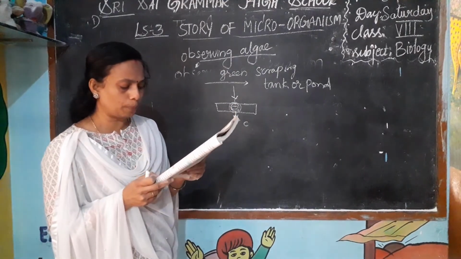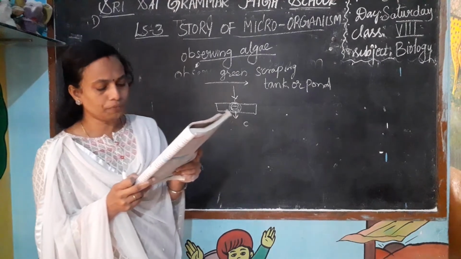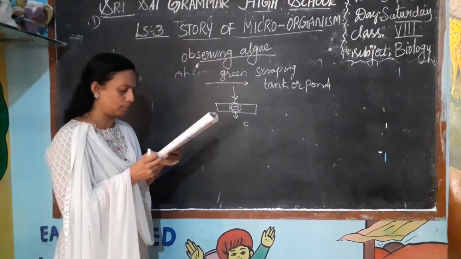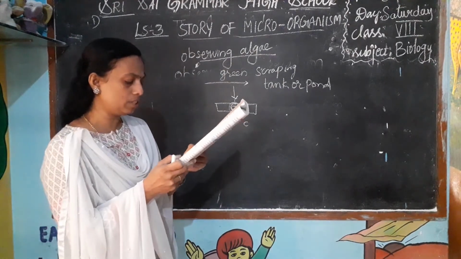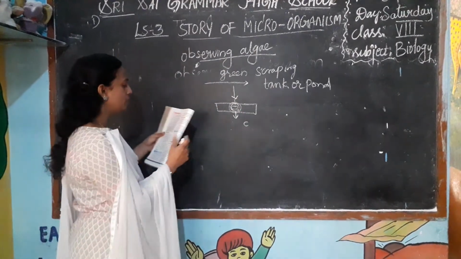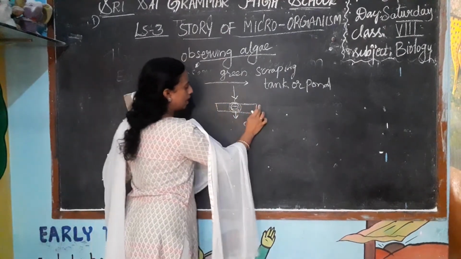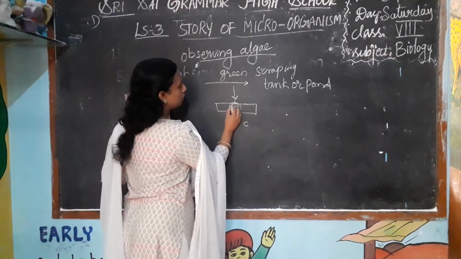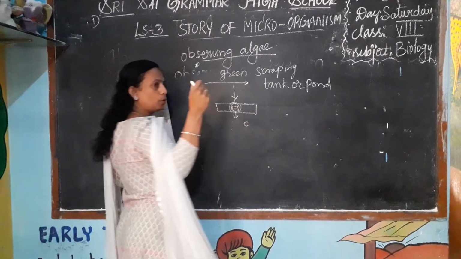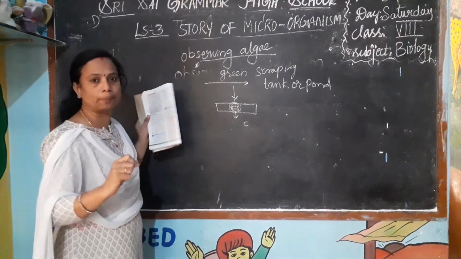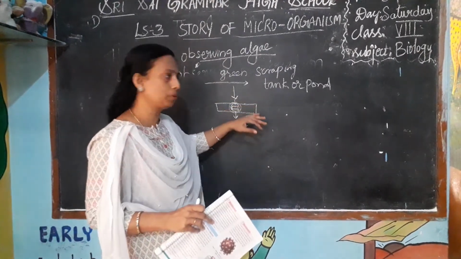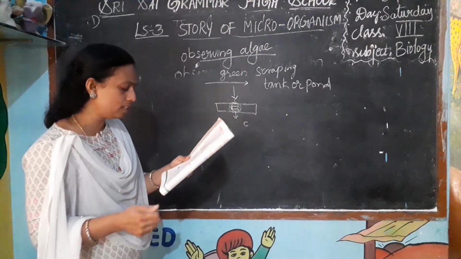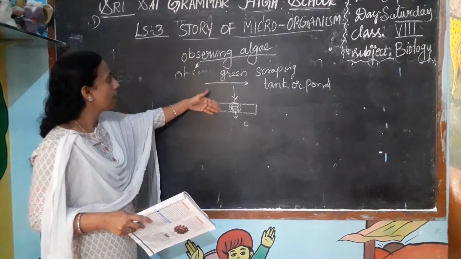Let us collect the pond water or the water from the tank with a bit of greenish scraping. To observe some of the microalgae growing in water, let us do the following activity. Whatever I explained, you have to do the same thing. Take the slide and take the scraping from the pond or the tank and put it on the slide, then pour 1 drop of water and cover with a cover slip and see under the microscope. You will be able to see Spirogyra or Chara. Like this, you can see different types of algae.